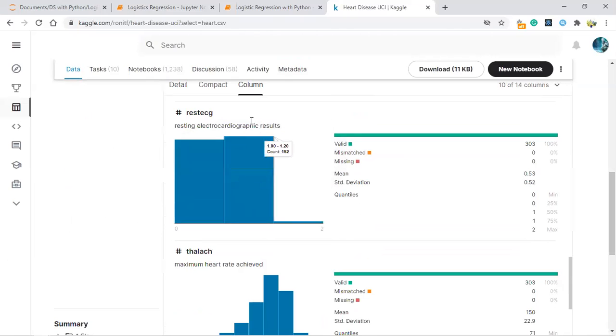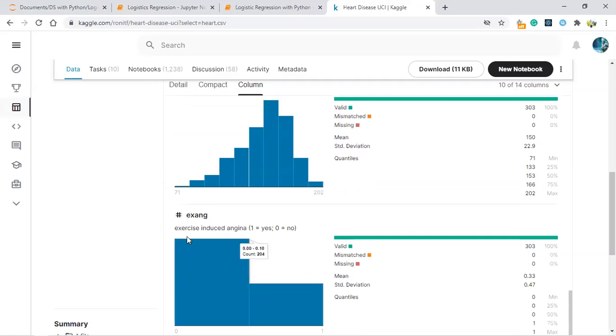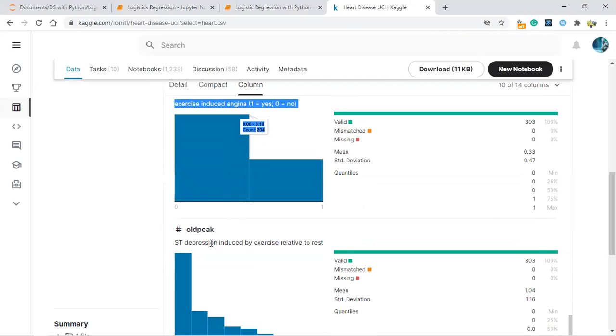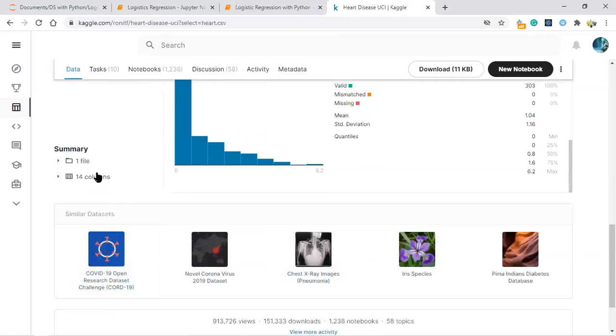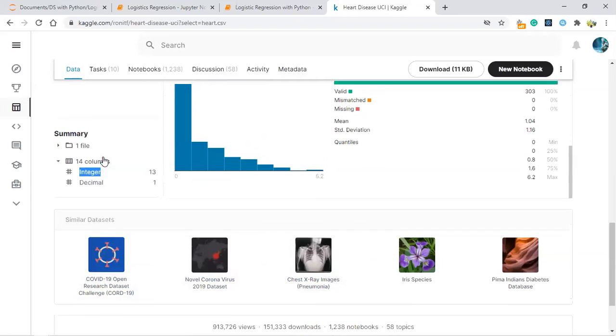And this column is your maximum heart rate achieved, and then exercise. And then old peak, that is nothing but depression induced by exercise, those kinds of stuff. So in total you have 14 columns, only 1 with decimals, the remaining everything is integer, so you'll be getting output like this.